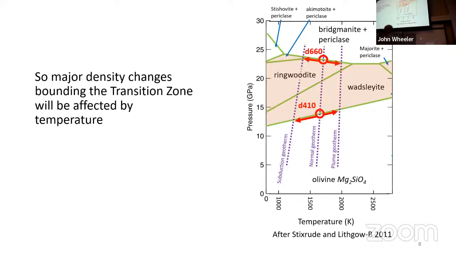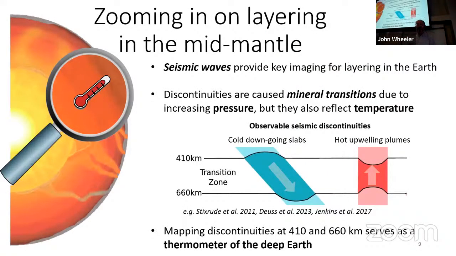With modern seismology, we're having a discussion here that involves quantities that can be measured. So let's look at that with a nice cartoon. Just to reiterate what I just said, we've got a cold slab. D410 should be shallower than usual, and D660 should be deeper. With a hot upwelling, D410 should be higher than usual, that one should be lower, and so the transition zone should be